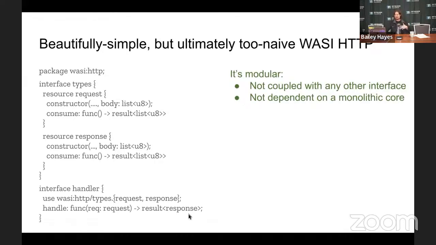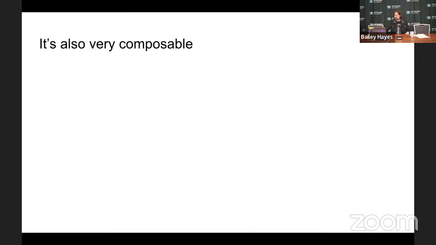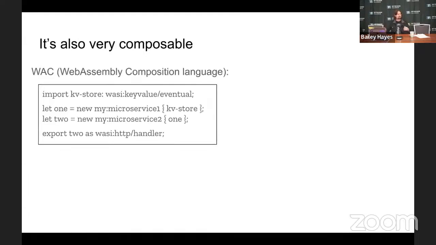And it's modular. It's not coupled to any other interface. It's just its own little freestanding thing. It's not dependent on some monolithic core that has to be special or magic. It's just its own little HTTP thing. It's also very composable. Peter's going to be talking about this later today, but WASM Compose has this upcoming composition language that I'm showing a little snippet of, just because it's such a nice, concise syntax